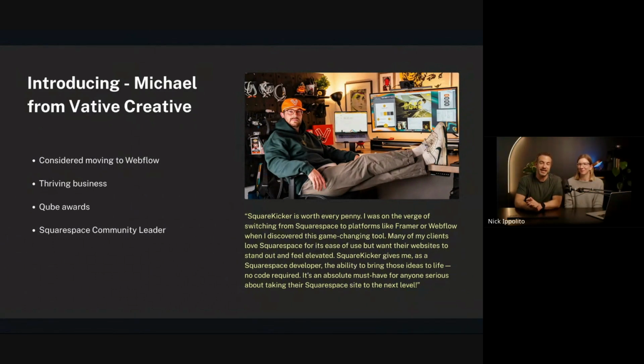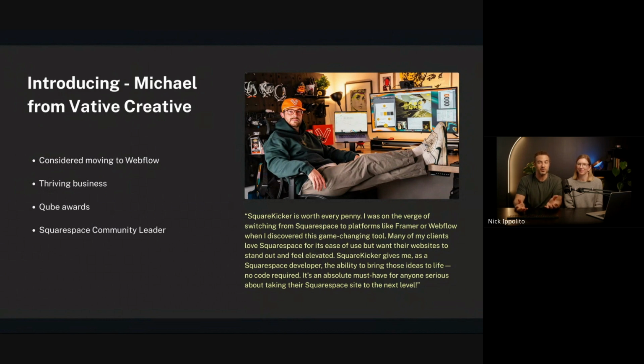And since he's jumped onto Squarekicker, we've had a chance to meet him, and he's a lovely guy, but he's also said how his business is thriving. He's gotten clients coming to him now, asking him to do work and paying him up to $150 an hour, and he's getting all different referrals coming in. The template store has allowed him to showcase his work a bit more. He's selling his templates on there, and then people are charging him to kind of build those templates out.